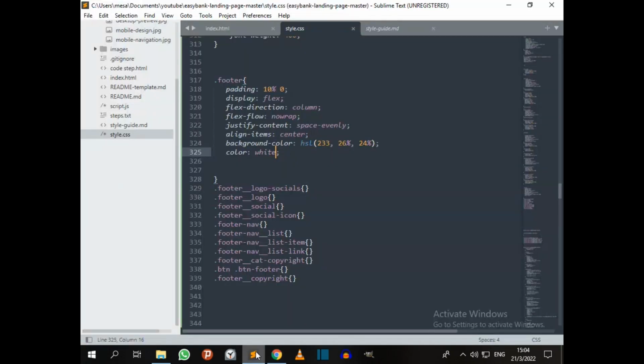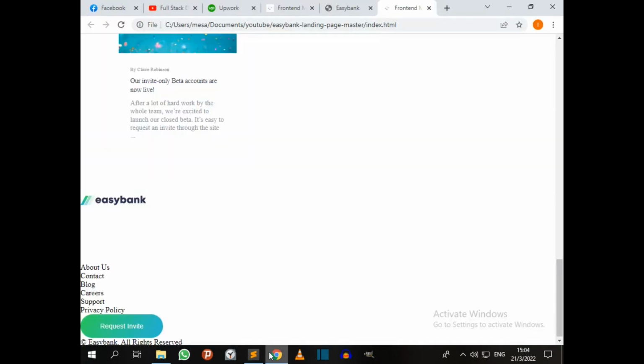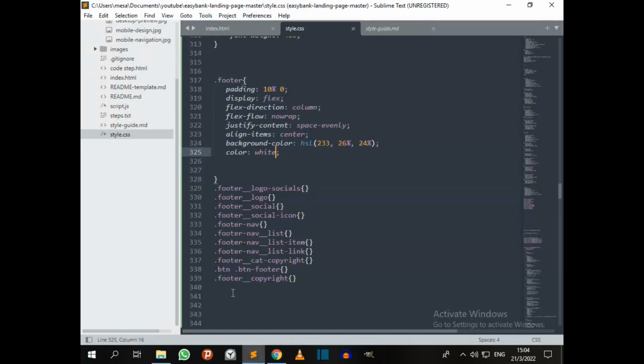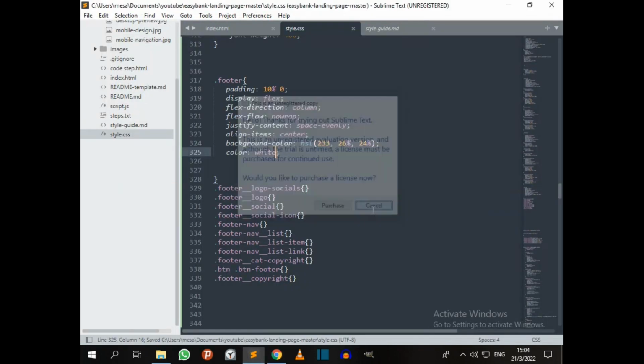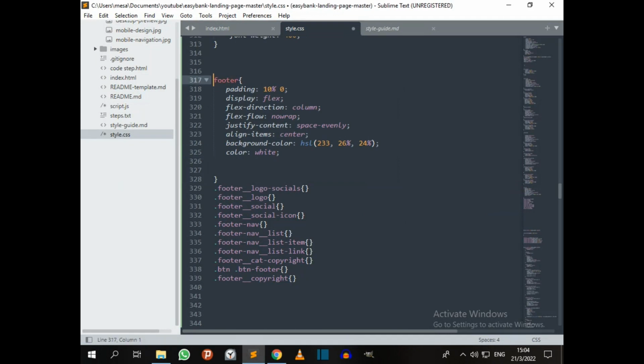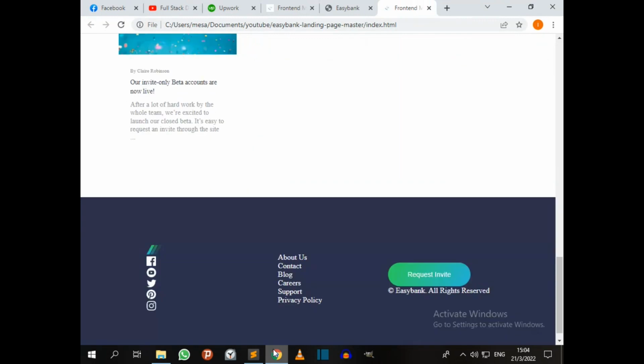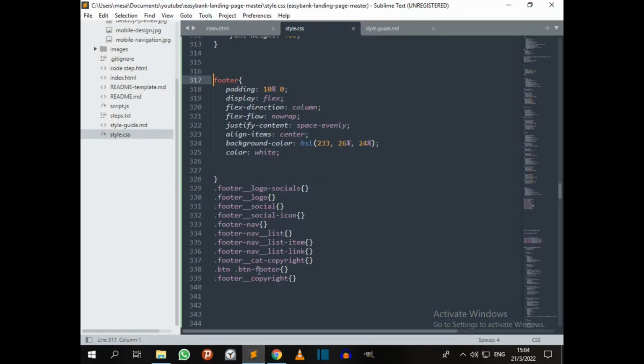Okay, let's save. Footer is not supposed to have a, okay, let's redo. Yes, now